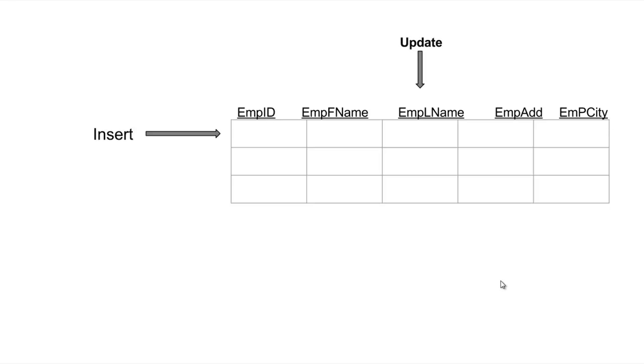Then, if you need to make any changes, you're going to need to update the different columns, meaning that you're going to update. You're not going to remove or delete or anything else. You're going to update the columns, the values. Now, if you want to remove something entirely, you have to remove the entire row,